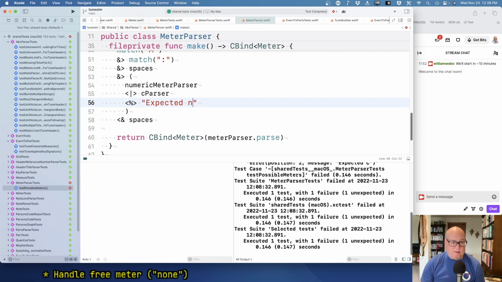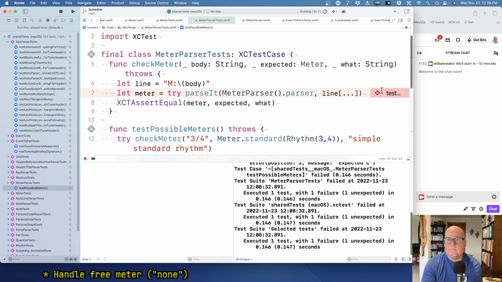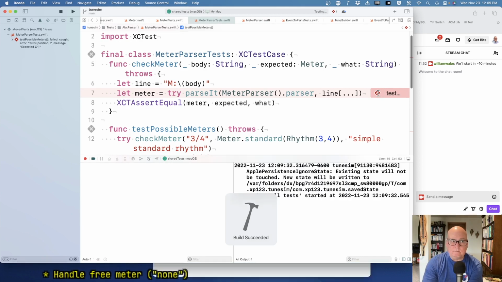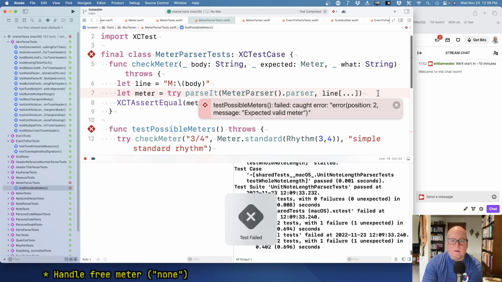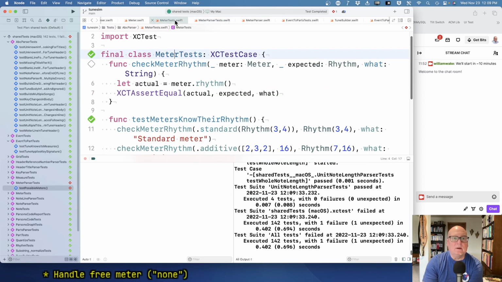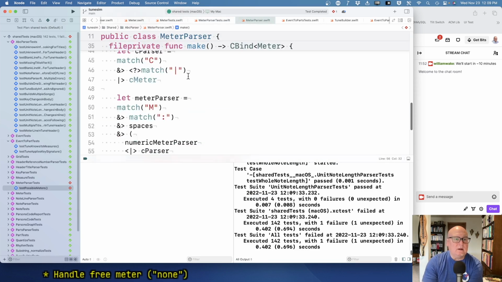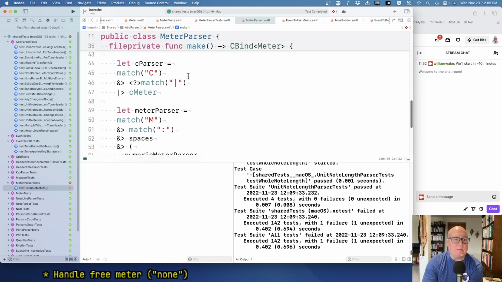Expected numeric, well, expected a valid meter. All right, so let's run that test again. All right, and now we get a better message. Okay, so parser. All right, so now I want to make a parser for